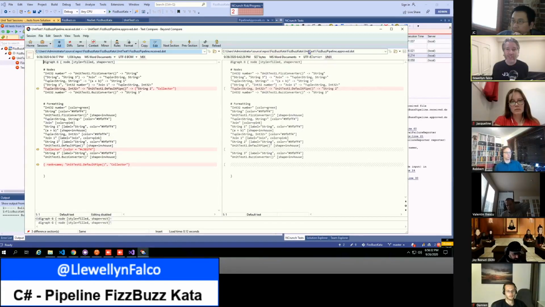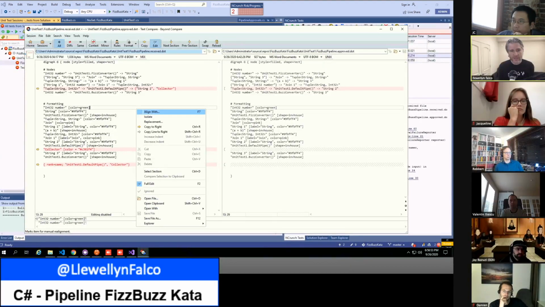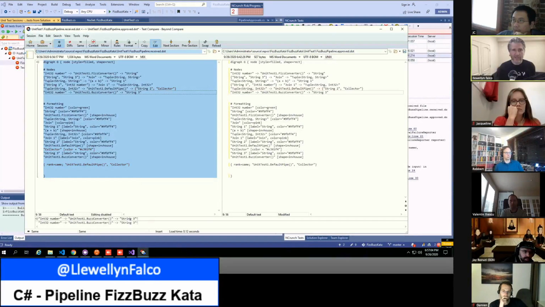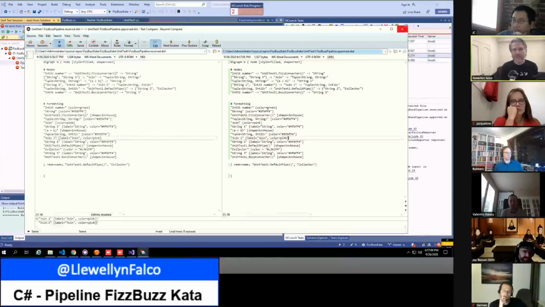Like, look, up here we added a collector, and we added formatting for the collector as well as a rank for the collector, right? The thing that has changed since we did it last is we added a collector. And if I want to approve this, just right click and copy it over. Select all, copy. So now if I save this, now everything should be passing.